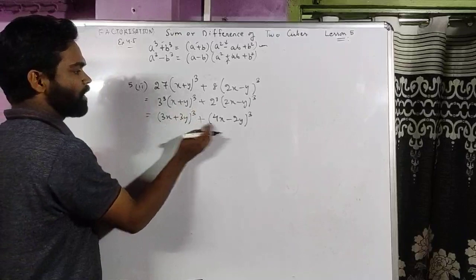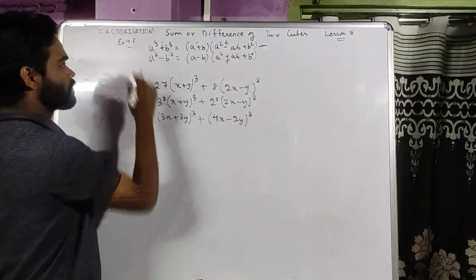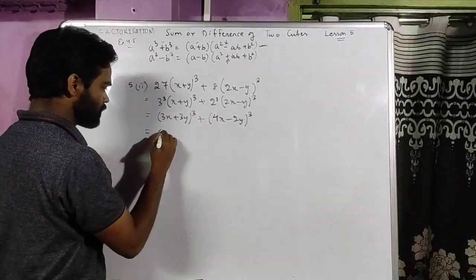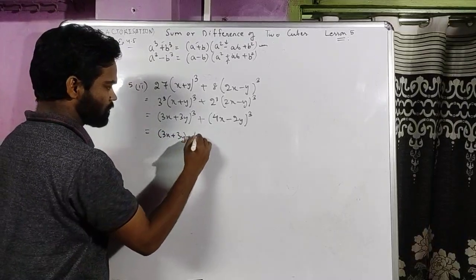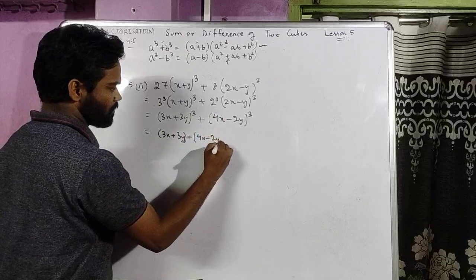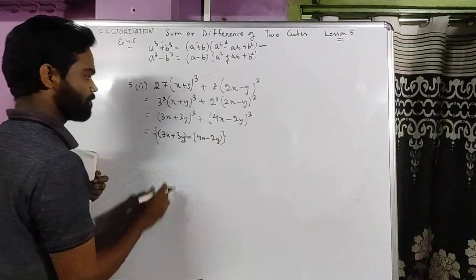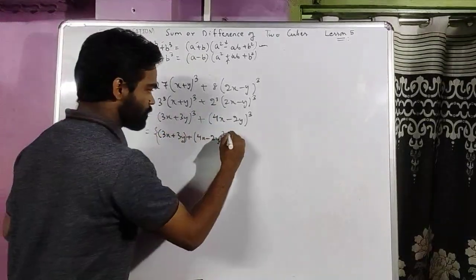And this is a cube plus b cube, which will be a plus b,